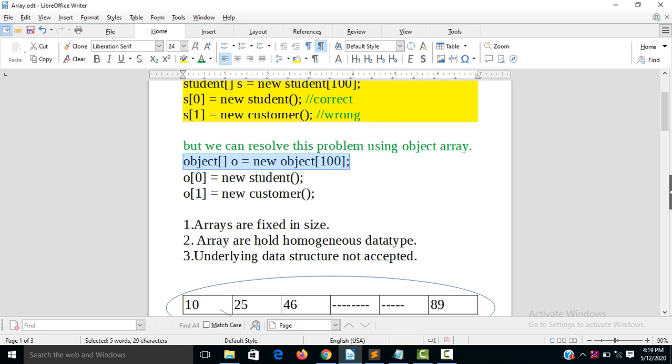So wo0 equal to new Student is correct, and wo1 equal to new Customer also will be correct, because in both cases we are using an object type of array. Object wo equal to new Object and size is 100. So it will be correct. We can store any type of value using an object array, an object type of array.